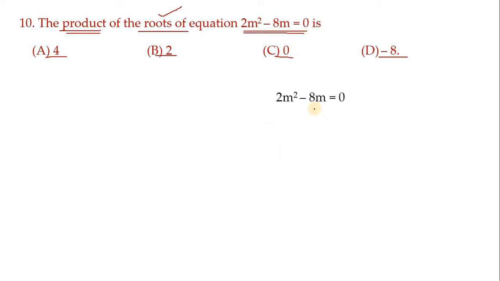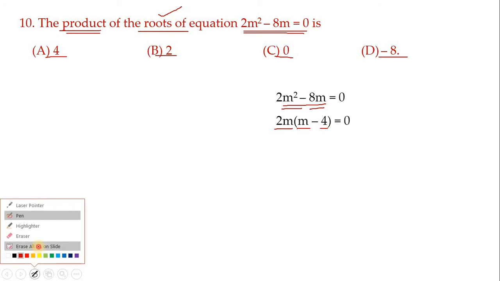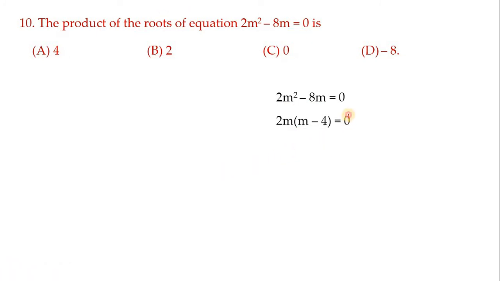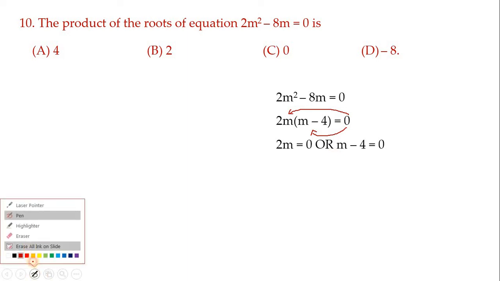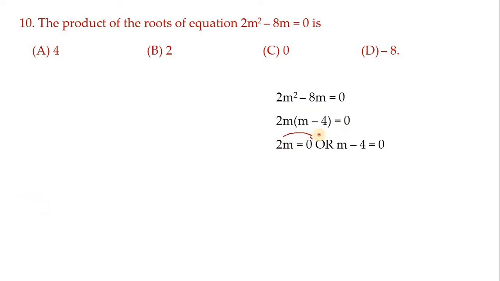So for that, first consider the given equation. In this, we can take 2m as common factor. So take 2m outside and here only m will be left, and here how much is the 8? 4 times m, and m we have already taken outside, hence we get m minus 4. Now the 0 is present for 2m and for m minus 4 also. Let us simplify this. 2 you transfer this side, we get 0 by 2, which is nothing but 0 only, children. And minus 4 you transfer this side, we get plus 4. So one answer is 0 and another answer is 4.